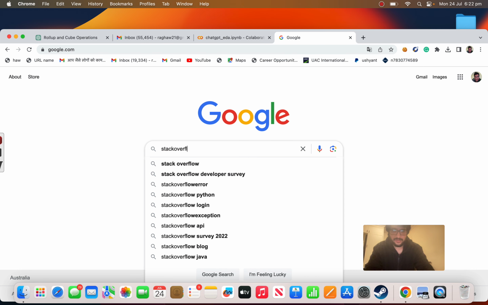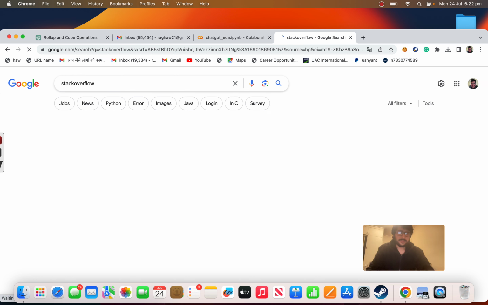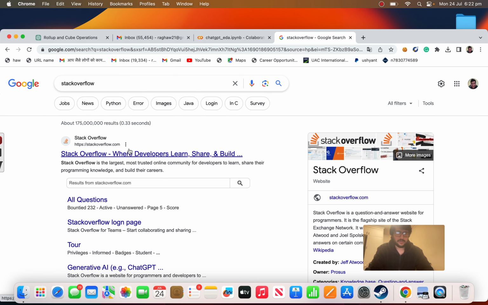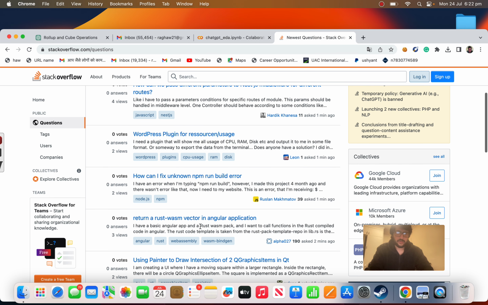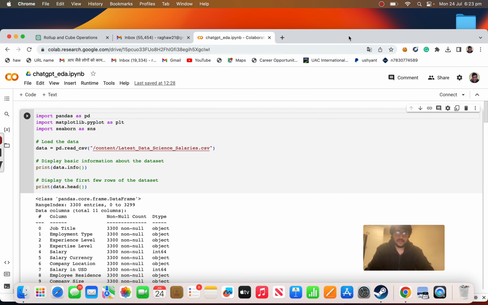So the thing I'm gonna show you is Stack Overflow. You all know it, right? For example, if you have a basic SQL problem or a Python problem, you can just ask questions, and there are so many answers to it. For example, be it from WordPress, Python code, and anything else, right? For example, I have this data frame